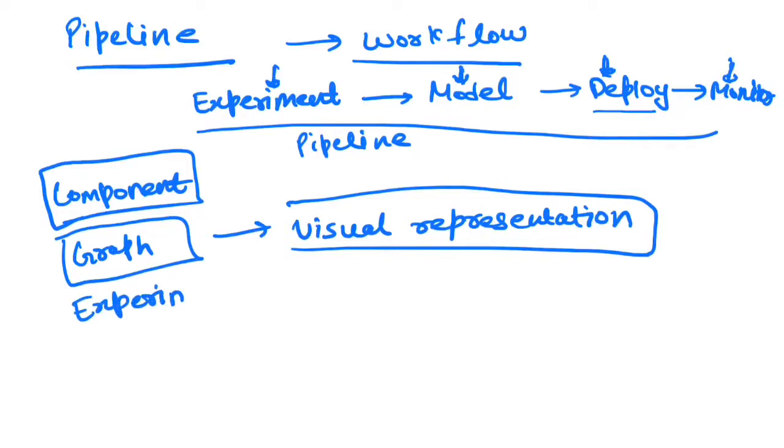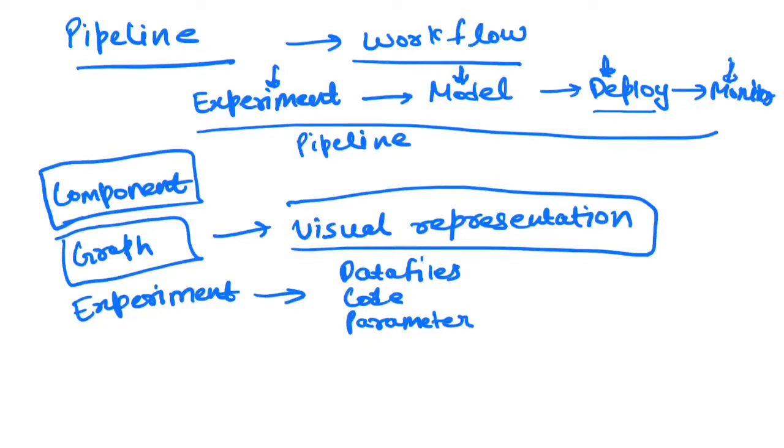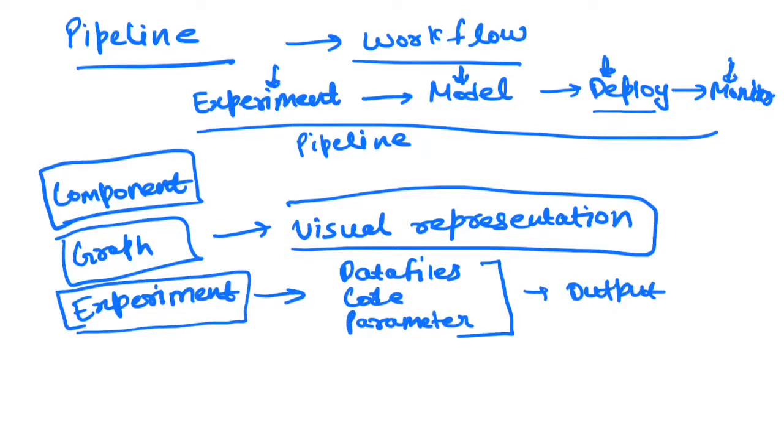Then is the experiment. Now experiment is a particular stage of a machine learning model lifecycle where you tag your model with different data files or code or different tuning parameters. So you tag your model with different parameters. You run different experiments with your data science code, and you generate an output, and then you compare those outputs, right? So in order to achieve that functionality, Kubeflow offers different experiments where you can generate different types of output using different parameters, and then you can compare those outputs, benchmark those outputs to decide what is the best version of your model.